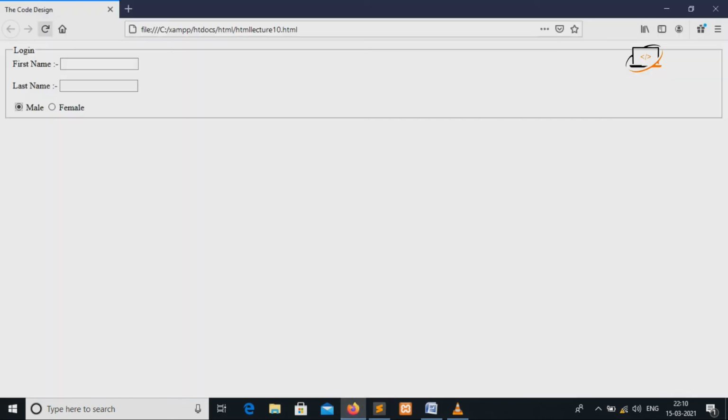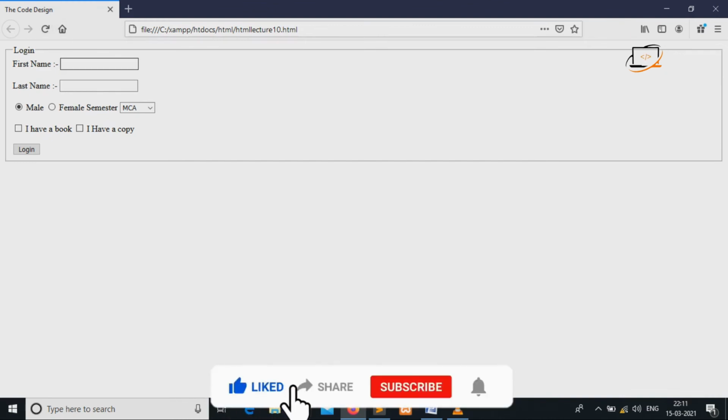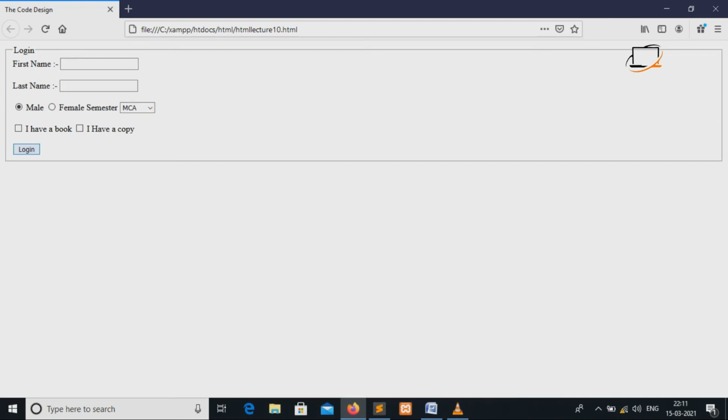Now save this file and refresh this page. We have all used that are in a form. We have taken some example of the form. We do not use all the things in the form, but I want to give some information about the form, so I will take some tag elements of the form. So here I will taking legends, field set, input tag, radio button, drop down list, that is selecting, the checkbox, submit button. So here